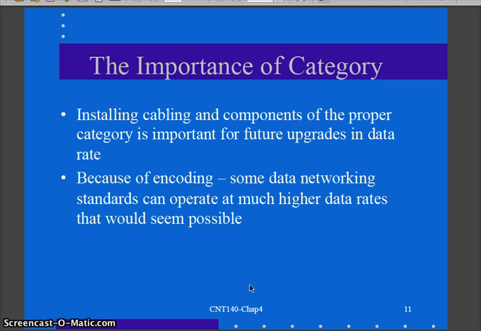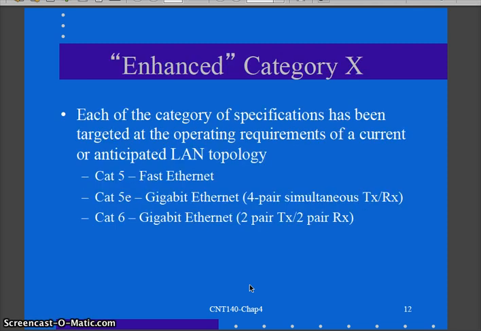And it's all because of how the data, the signaling, is being sent through the cabling. We'll talk a little bit more about that when we do our cabling chapter, chapter 5, or media chapter. Over the years, there have been category 5 and category 5E, category 6 and category 6A, if you will, or 6E. Well, what has happened is when they started making the cabling,